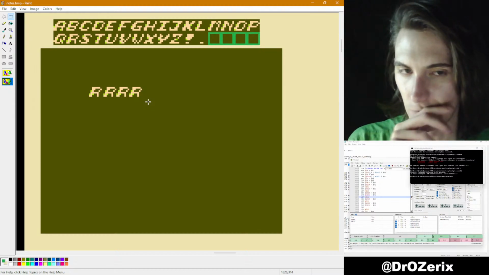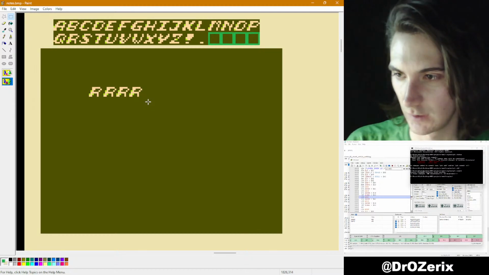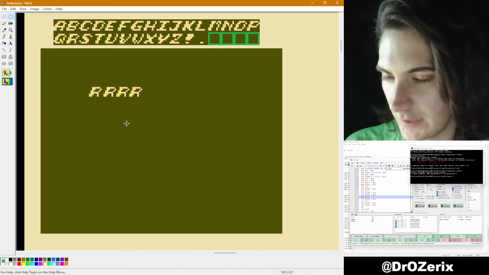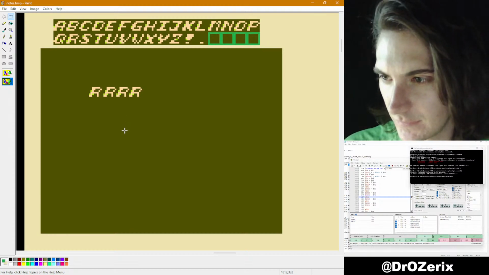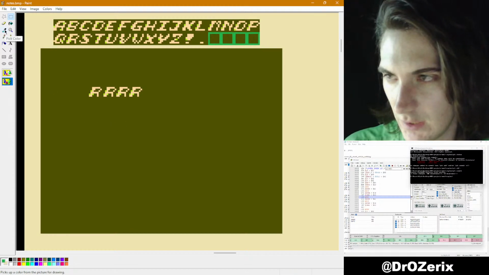How do I want to do this? What would this even look like? If I fade it in,